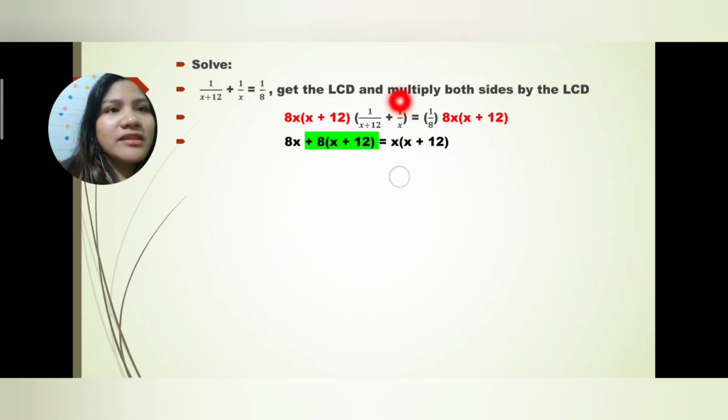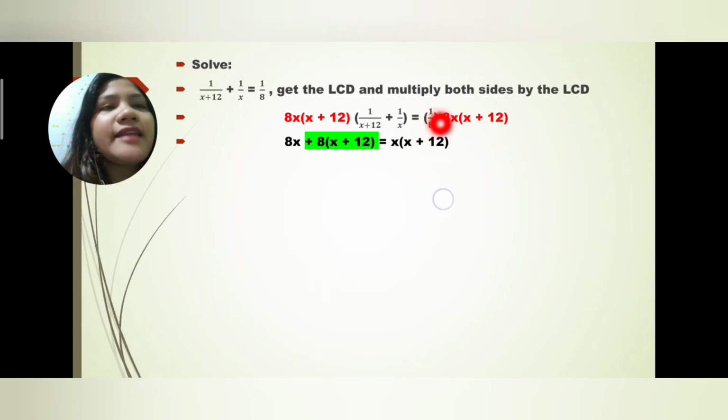Then next, dito naman tayo sa 1 over x. 8x times x plus 12 divided by x. So, cancel yung x, itong x at saka ito. So, ang mabilin is 8 times x plus 12. Then, 8 times x plus 12, multiply mo sa numerator 1. So, the result is positive 8 times the quantity of x plus 12 is equal to, then ito naman, 1